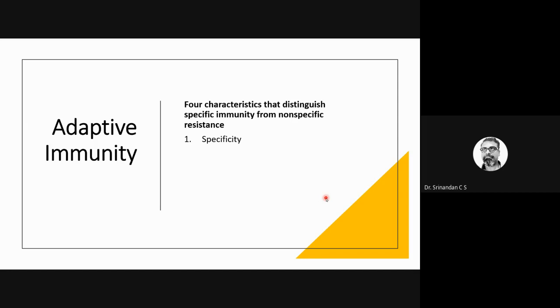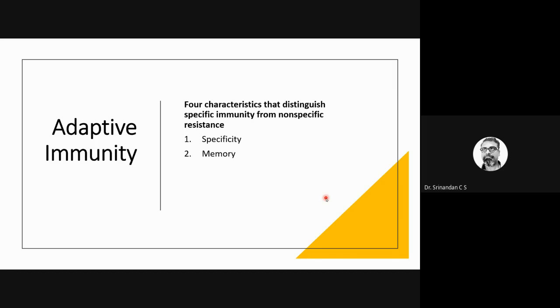So they cover, but adaptive immune cells are there, and some components of the adaptive immune system, they are very specific. For example, if A bacteria will attack you, it will only attack the A bacteria, not the B one. Okay, and not the C one also. It is very specific, highly specific kind of activity will be there with the adaptive immune response. And they also have the memory.